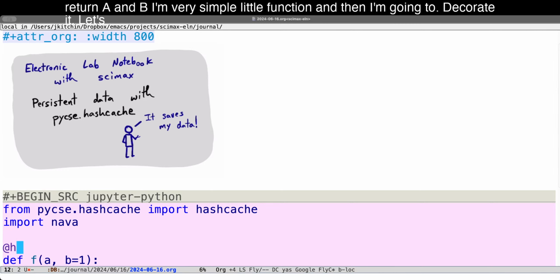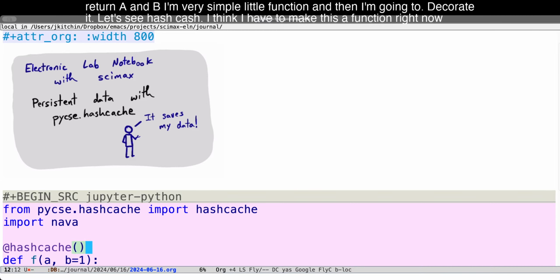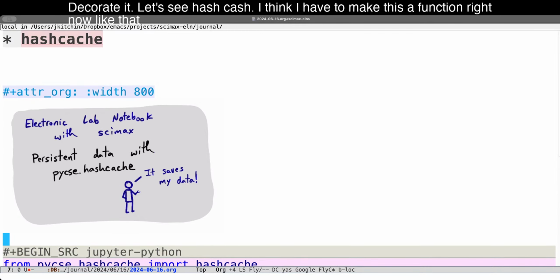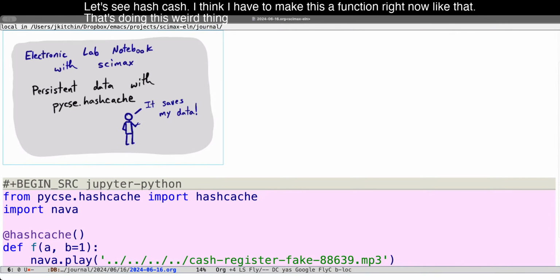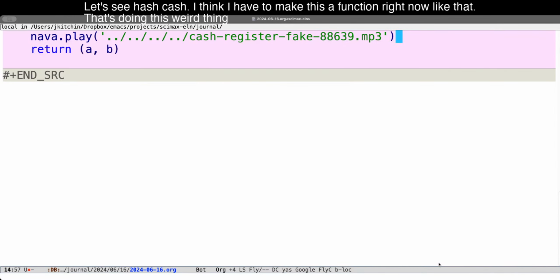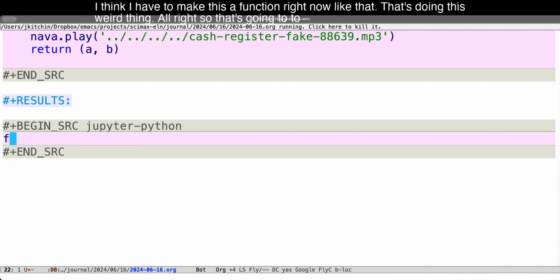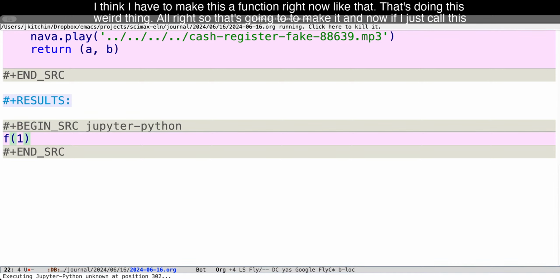Let's say hashcache. I think I have to make this a function right now, like that. Why is this doing this weird thing? All right, so that's going to make it, and now if I just call this with, say, f of 1,